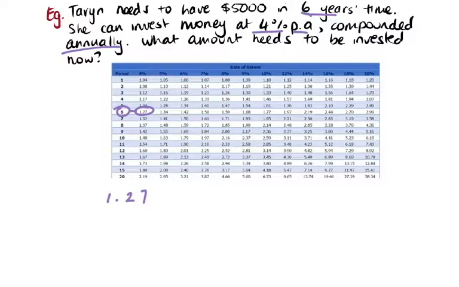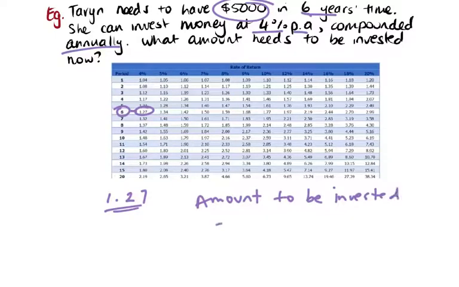So if you remember, what we're going to do is divide our future amount, so what we want is $5,000 in 6 years' time, by this rate that we've just looked up. So the amount that we need to invest is going to be calculated by saying $5,000, because that's what we want in the future, divided by 1.27. And if you calculate that, we should get